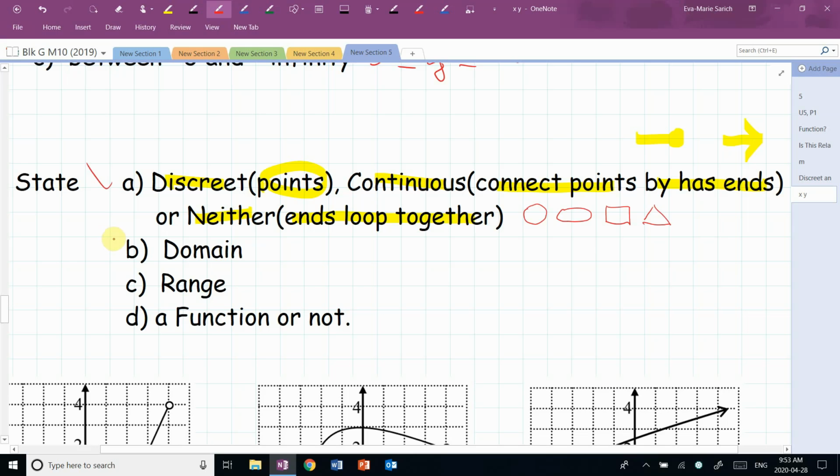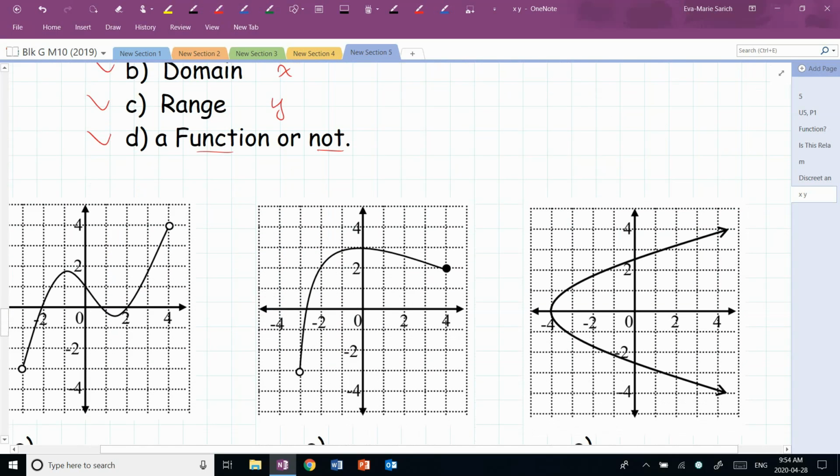The next is the domain. Remember, that's the x values. The third is the range, which is the y values. And lastly, determining if it's a function or not. Okay, so